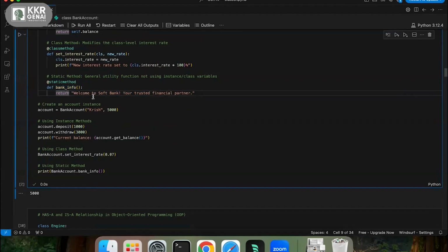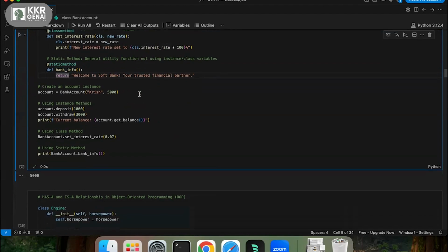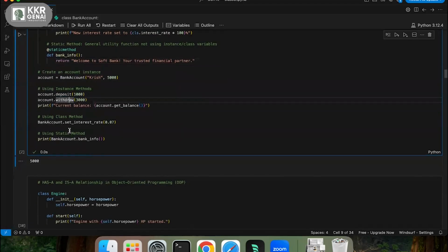So here what I did is I just printed: welcome to SoftBank, your trusted financial partner. For the bank account, I'm passing Krish and then 5,000. The deposit and withdraw instance methods will perform their tasks, and then this is a class method. I can access class methods with either the class name or an object reference.